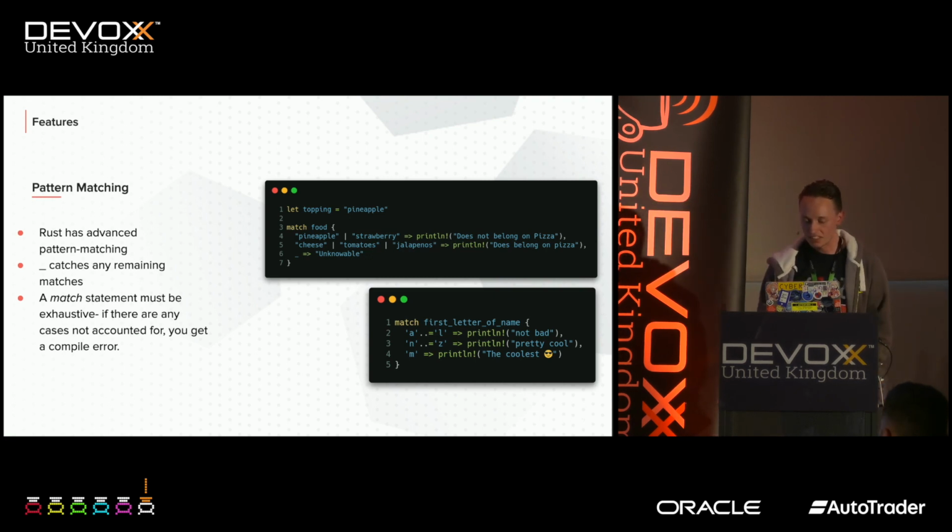But you can also do some fancier stuff. For example, this second one here is showing us that we can use characters as ranges through the alphabet. You can do all sorts of things that are really neat and really easy to read using pattern matching. If you've not come across pattern matching before, think of it like a really fancy switch statement.